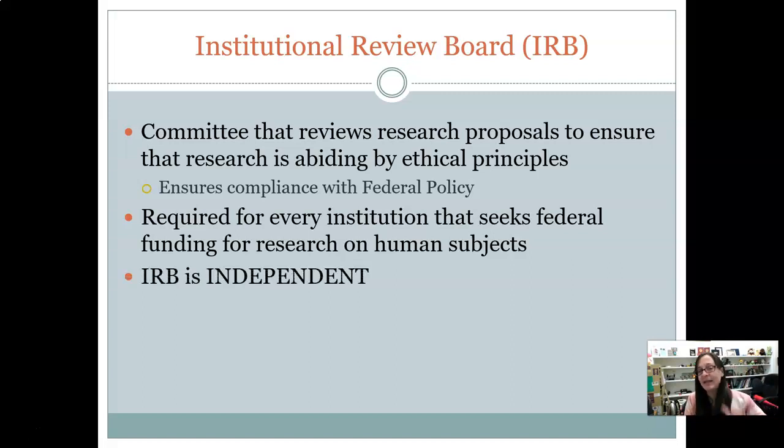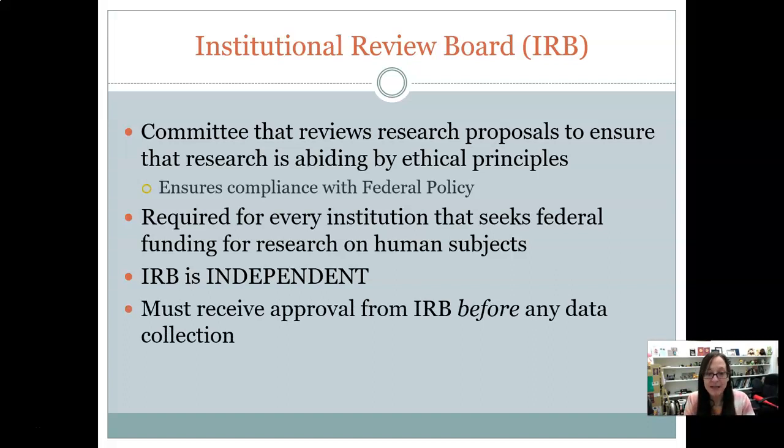Importantly, the IRB is independent. This means that there is nobody on the IRB that is connected in any way to the research being proposed. It has to be totally independent, so that there is no bias involved in letting things slide through the IRB when they might potentially be harmful. So the IRB has to have that step back and be completely independent from any of the research being proposed. That doesn't mean you don't have people on IRBs who want to conduct their own research. They would just recuse themselves from the review of the study that they're proposing. That would be how that would work.